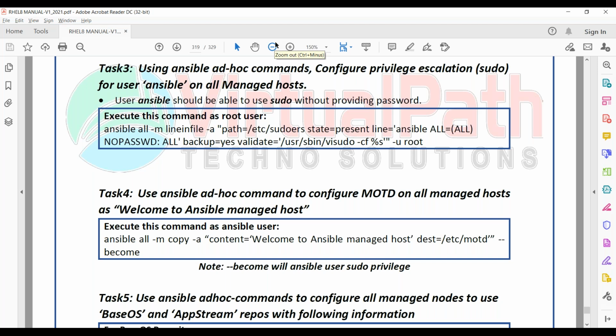So everything requires privilege escalation. That means we must be logged in as a root user in order to do this activity. So how can I,